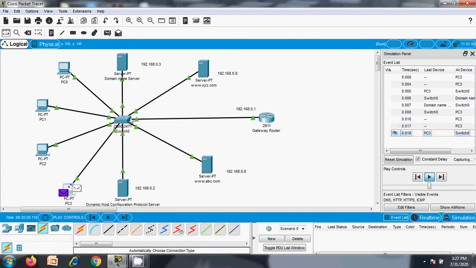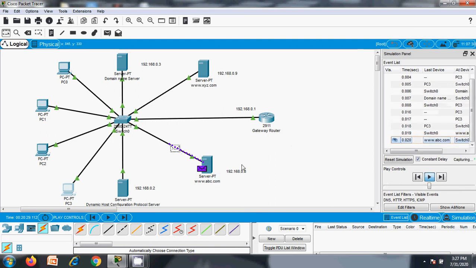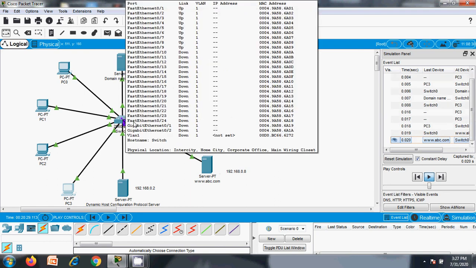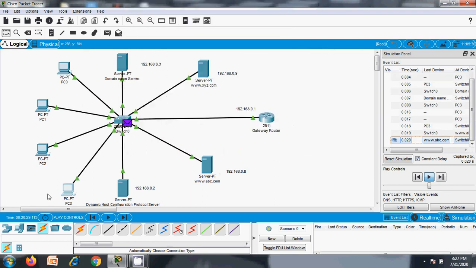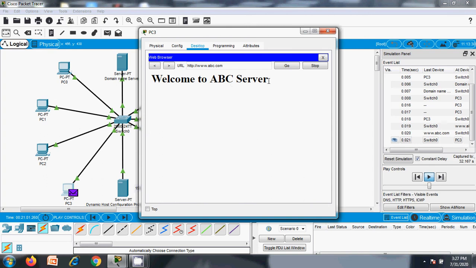It will reach the switch, and from the switch it will reach this server, and from the server it will get the web page of abc.com, and from the switch it will be received by the requesting source. Now you can see the browser: welcome to ABC server.